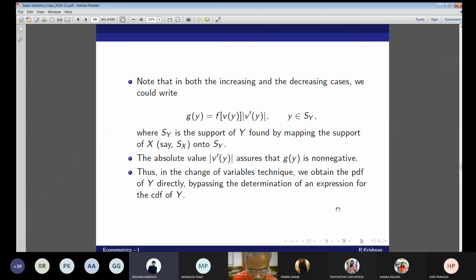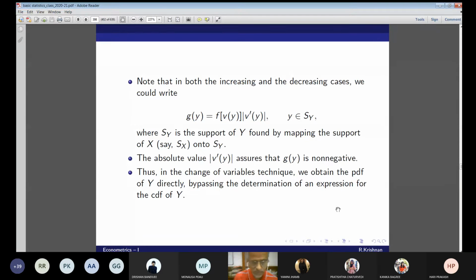Sir, in the case of Y equal to e to the power x, it is very easy to find the support. Yes, sir. I'm going to give you examples. When I come to joint PDFs, I'm going to give you an example: x1, x2 with joint PDF. Now I'm defining other variables, y1 equal to x1 by x2, y2 equal to x2. Okay, we'll see. I'm going to ask you questions, I'm going to seek support from you only.